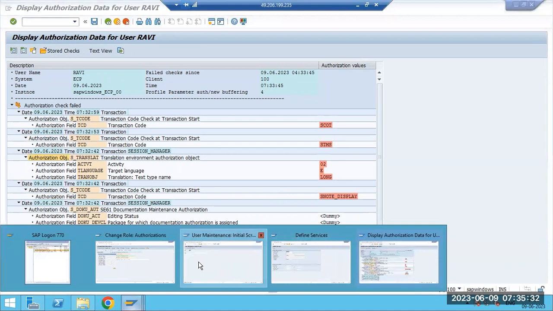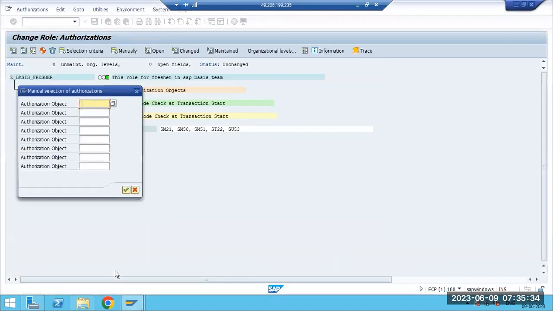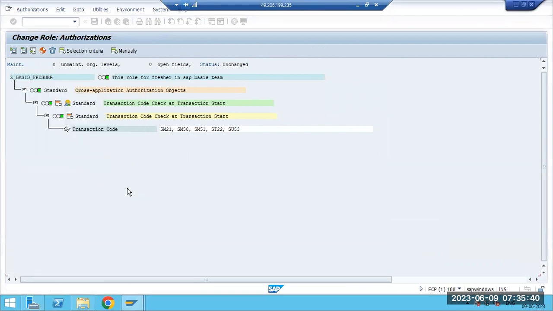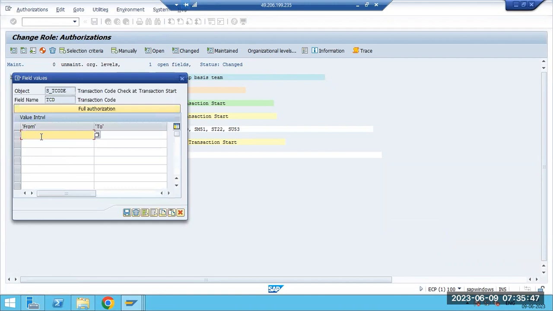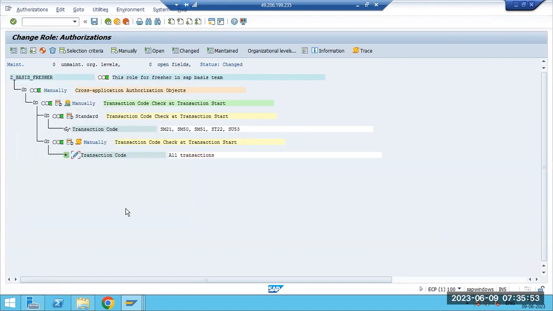So go here to S_TCODE. Just assign this authorization object. Now you will get it here. Now expand it, click the transaction code. Whichever transaction you need, just assign the full authorizations, click on the save button,